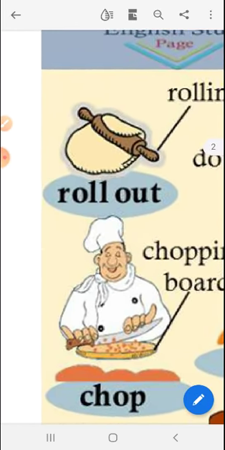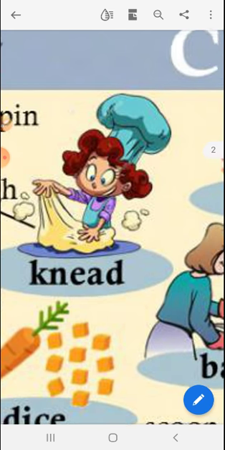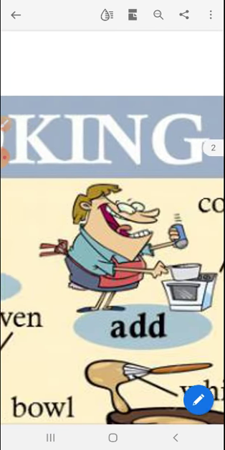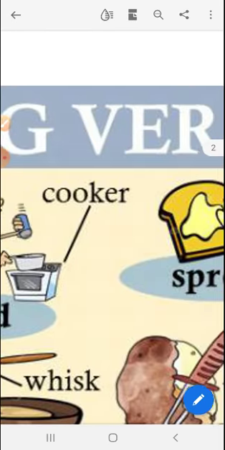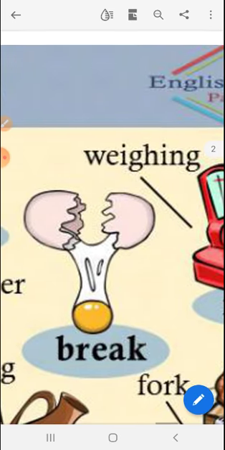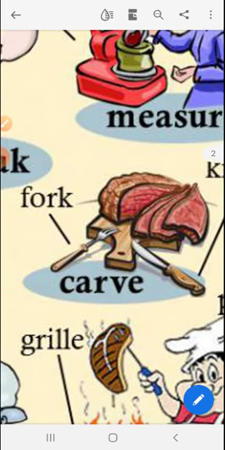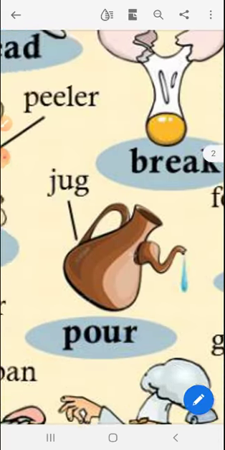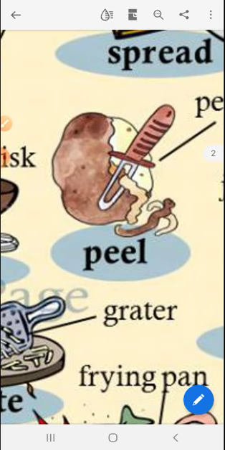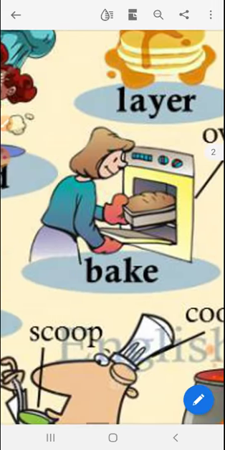Oigámoslos y aprendámoslos. Roll out, knead, layer, add, spread, break, measure, carve, pour, peel, whip, bake,